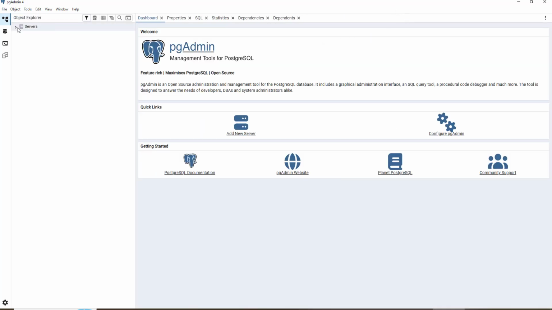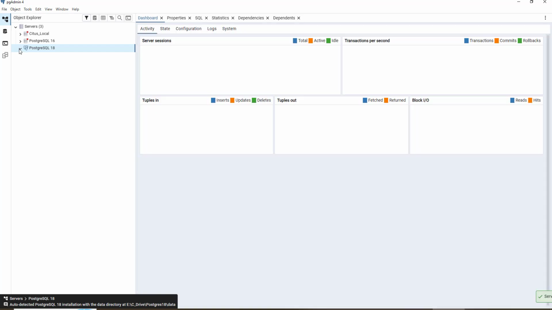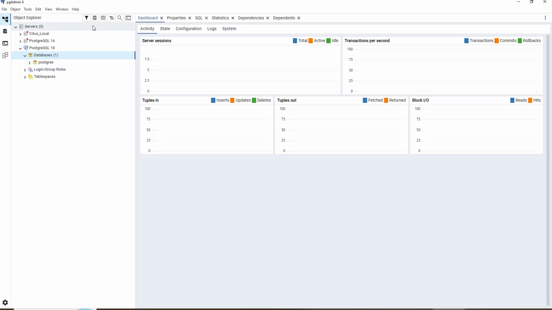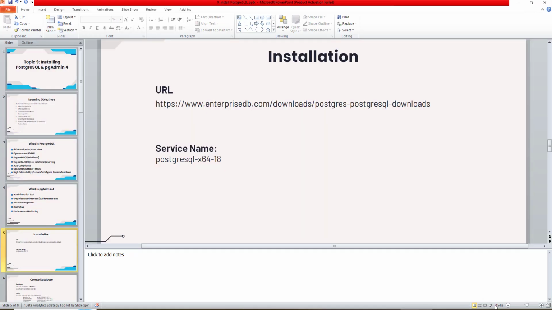Okay, so these are the servers. If I go and click on Postgres 18, there is one database, the default database Postgres. So we will create the... okay, this is the query tool. I will launch this. So this is the query tool, and